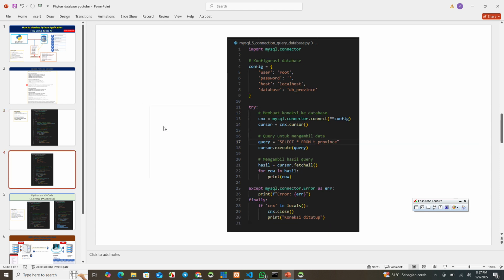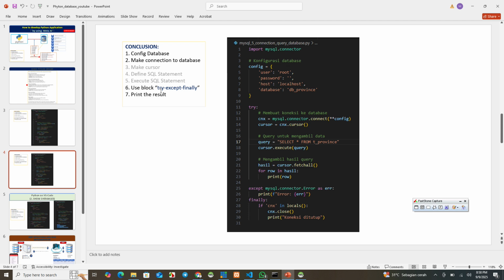We see this. The first one, config database. Number 2, make a connection to database, MySQL connector. And then make a cursor. And then define the SQL statement. SQL statement is select star from T_province. And then execute the SQL statement.